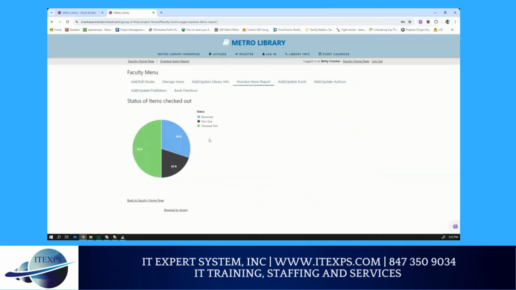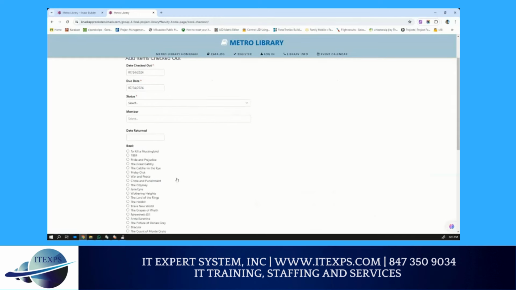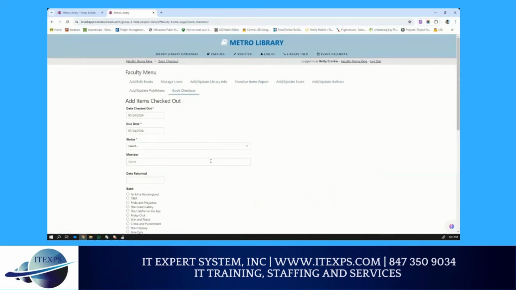So we can get a really good statistic of what that looks like, and you can dive in a little bit more and follow up on those past due items. And then the most important part of this is our book checkout. Same thing, we wanted an opportunity for librarians to very quickly look up users, check out a book, select the book, select a date it needs to be due, and give them that functionality.